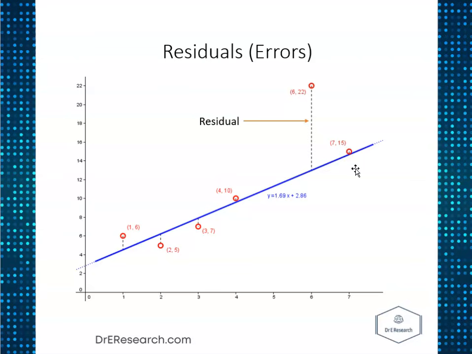And the reason that we do that is that there are some great mathematical and statistical properties. There are some theoretical statistical things that can be done if we do it that way. That doesn't work if we do the absolute value way. So we do the squared. We take the squared distances. So I square each of these distances, add them all up, and I want that sum to be the smallest